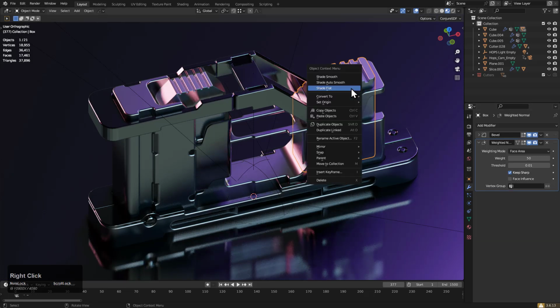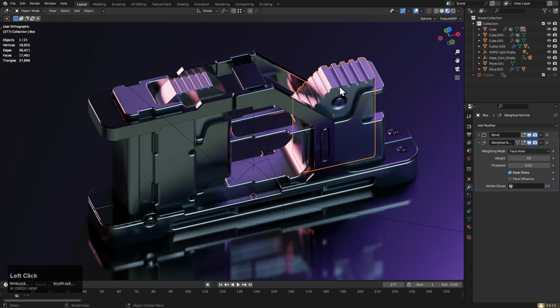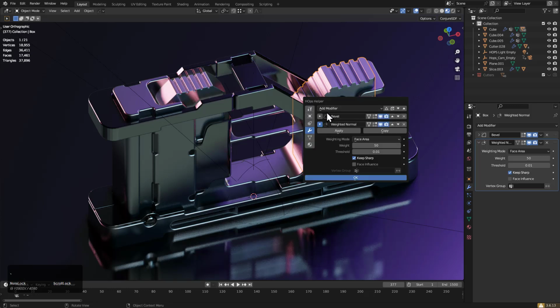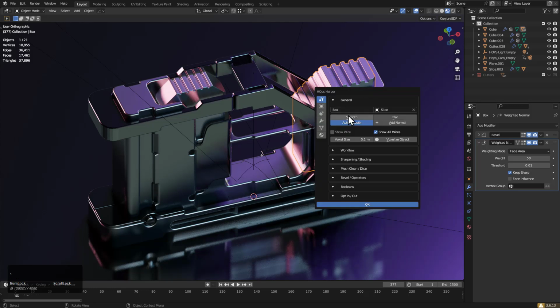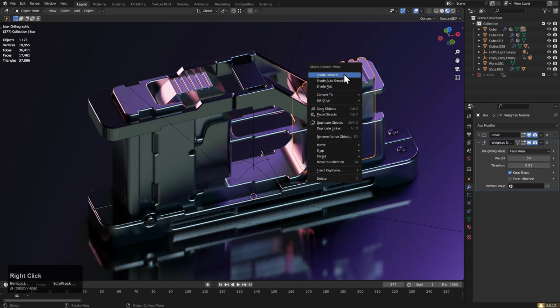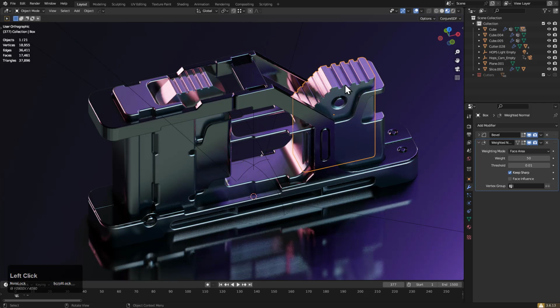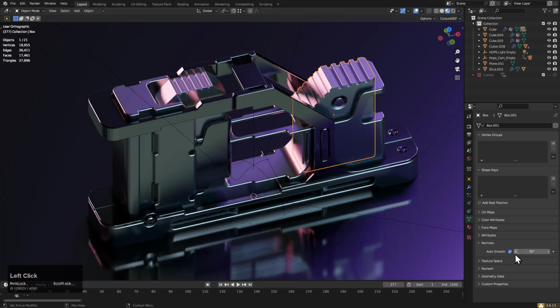Let's get rid of that. Shade Auto Smooth, Shade Flat, and we're just jumping back and forth between this parameter being enabled and this parameter being disabled. Except it looks like they were still refining that in this particular version because it doesn't actually toggle this off yet. But in later versions, the Auto Smooth modifier will be added and removed on the fly as is required. But I'm just showing that retroactively we still work with 3.6.13 even though this is a very old